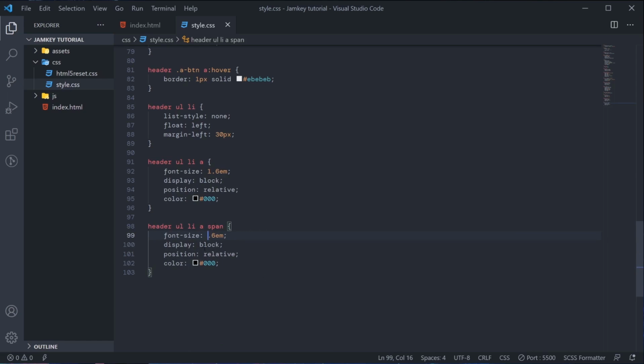Then display will be flex. Position will be absolute, while the color will be white. We'll still get background color. So background color will be FF5722.